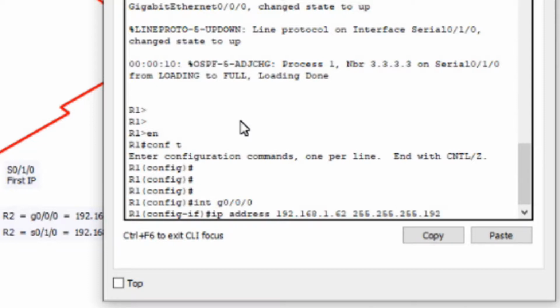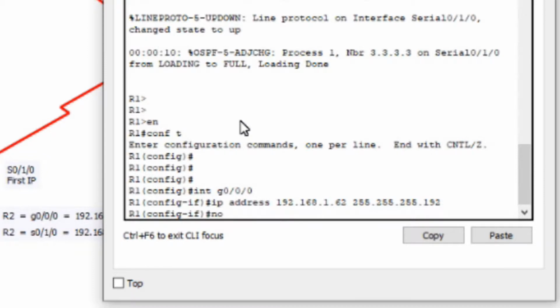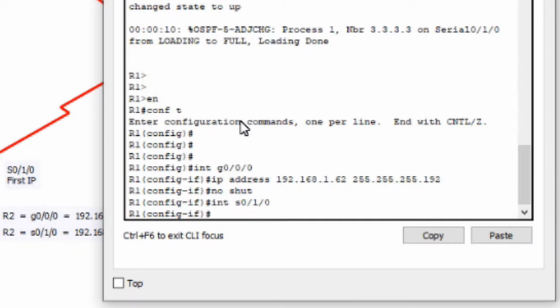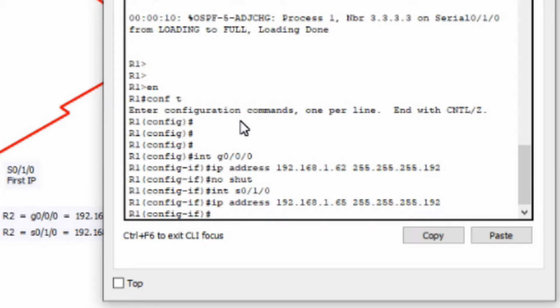Now, this G0/0/0 interface on router 1 is also going to be the gateway for subnet 1. So we're going to have to remember that later on. And that one has the IP address 192.168.1.62. While we are still in interface mode, we're going to go over to the S0/1/0 interface, and we're going to give that an IP address of